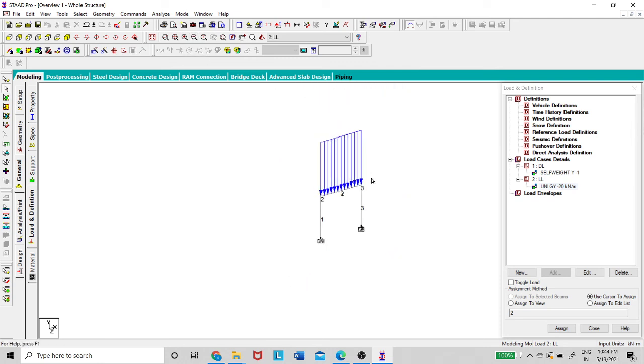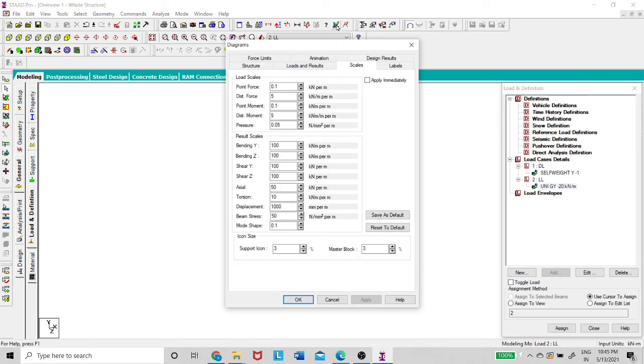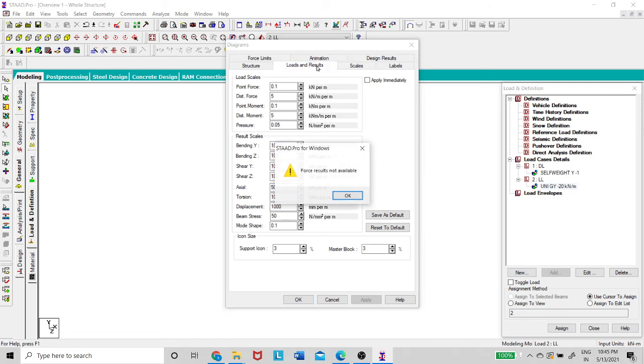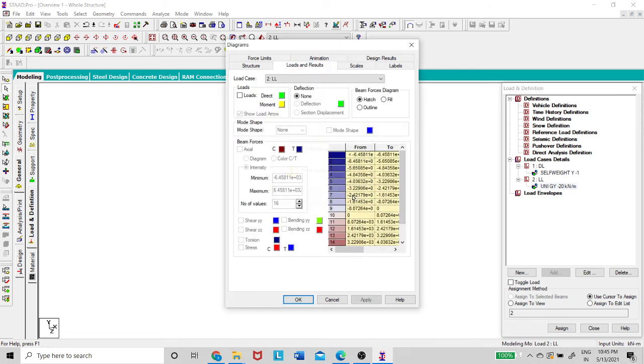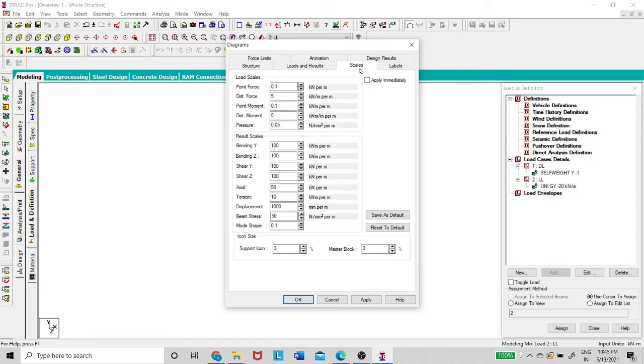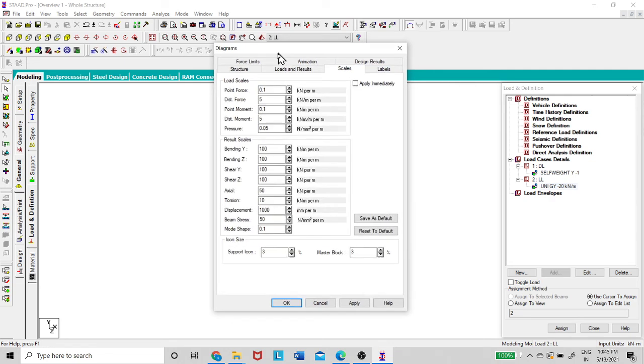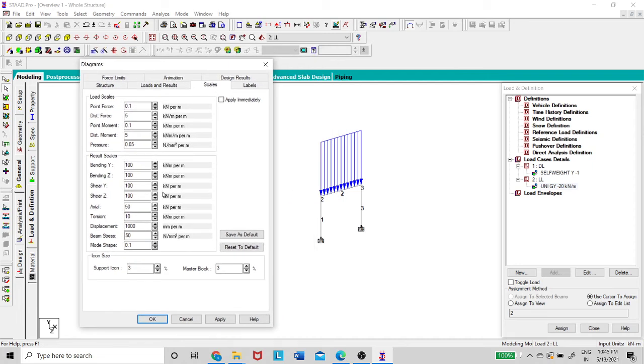Here, why we are getting it very high, the length is, you can change in the scales. So in the scales, loads and results, force result is not available, scales, point moment, pressure, kilonewton per meter, I mean these are the loads.